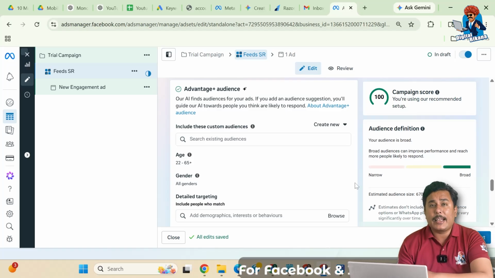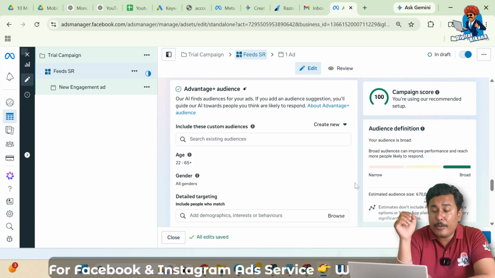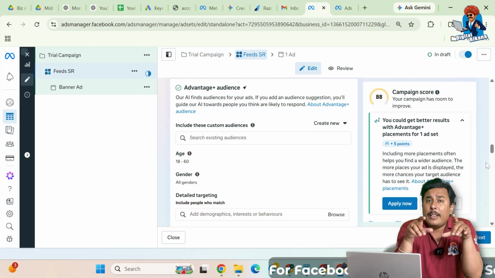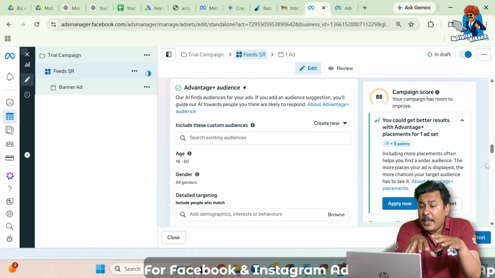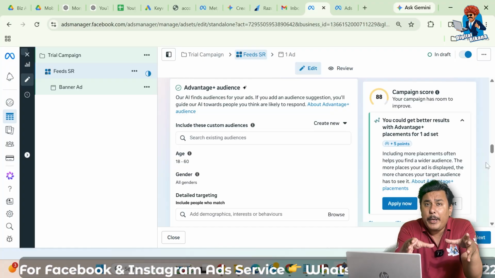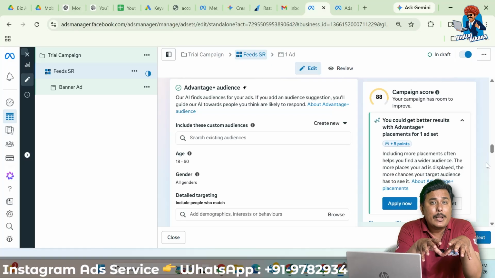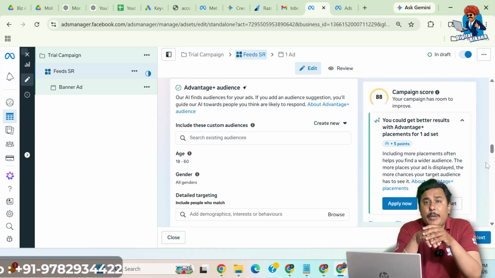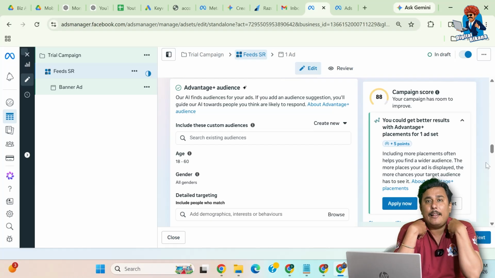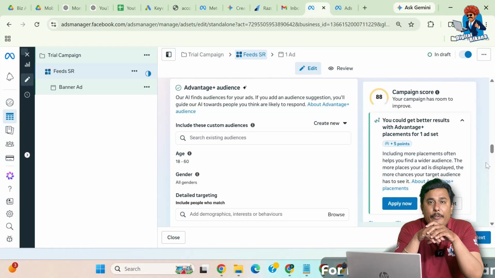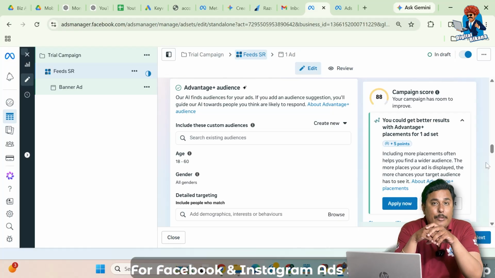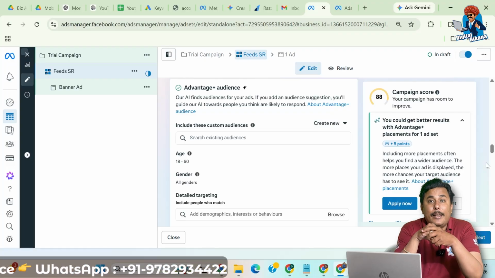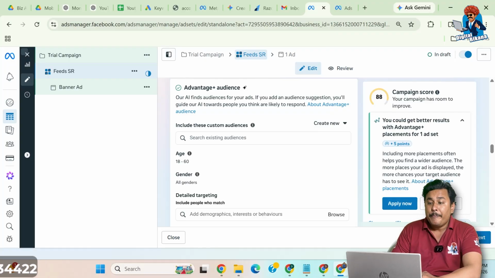So here you can select the age, gender, and you can add some interest filters, right? So friends, if you are running a grocery store, then you should target those people who are living in your nearby location and looking for grocery solutions and are interested in purchasing groceries. Because myself, I don't purchase grocery for my family or home because my father used to do so, right? So you need to target those people who are interested in purchasing the grocery items, right? So here